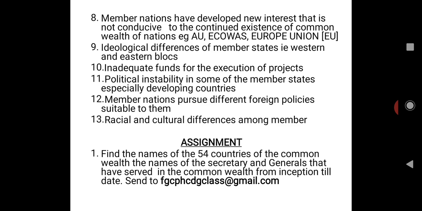Number 1 question: find the names of the 54 countries of the Commonwealth and the names of the Secretary Generals that have served in the Commonwealth from inception till date, and send your answers to the